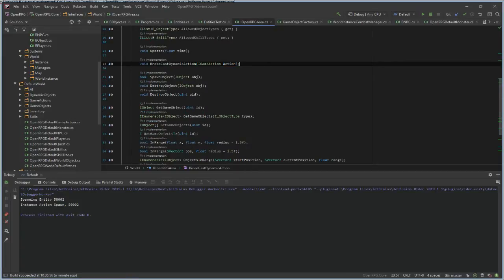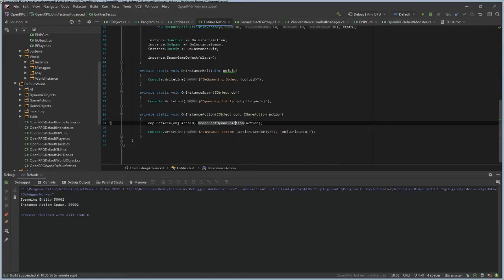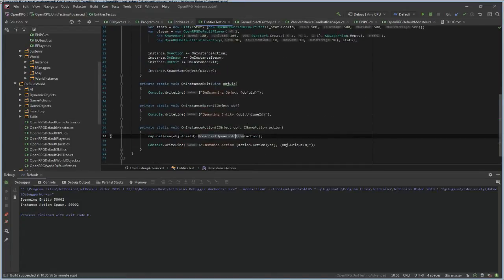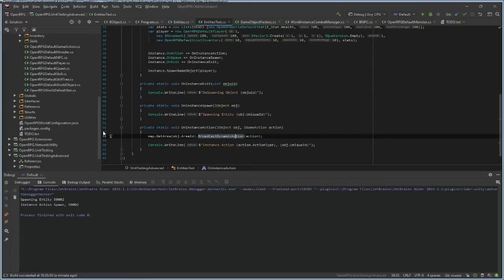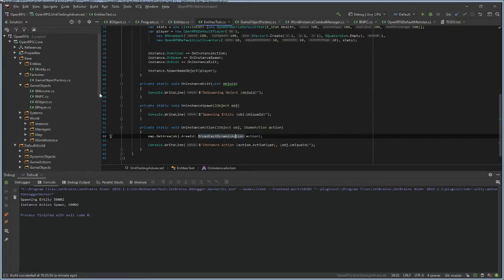This broadcast dynamic action is not sent over the network. It's just sent between the objects on the server. So the server objects know what spawned near them.